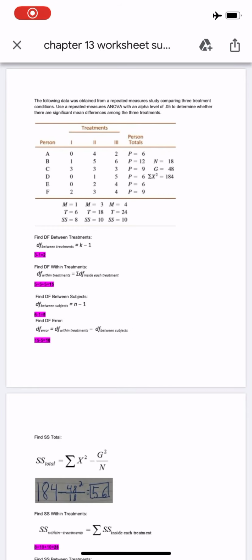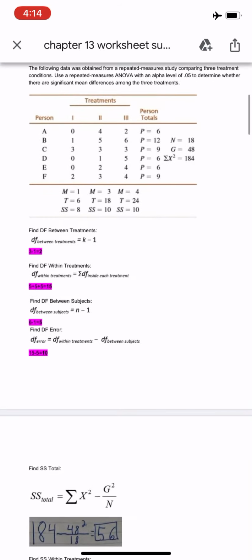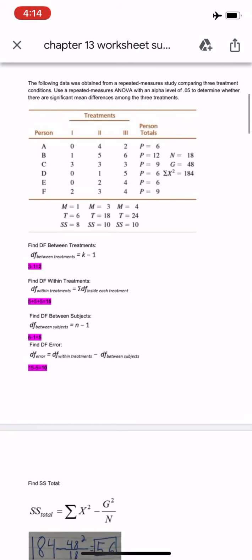All right, chapter 13 worksheet YouTube video. The following data was obtained from a repeated measure study comparing 3 treatment conditions. Use a repeated measures ANOVA with an alpha level of 0.05 to determine whether there are significant mean differences among